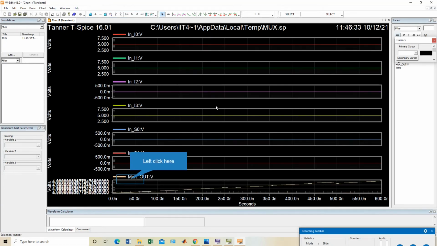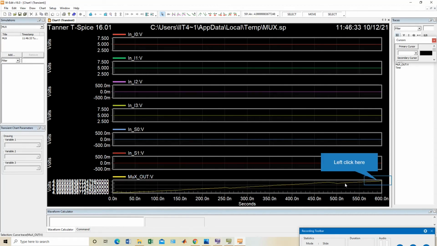What I have told you in previous classes, that inside one NAND gate there is some delay of, I think, 10 nanosecond or 20 nanosecond, and we are here using total, I think, more than 10 NAND gates. So these delays will add up. So I will reach my output after almost 600 nanosecond. You can see we are reaching the output.